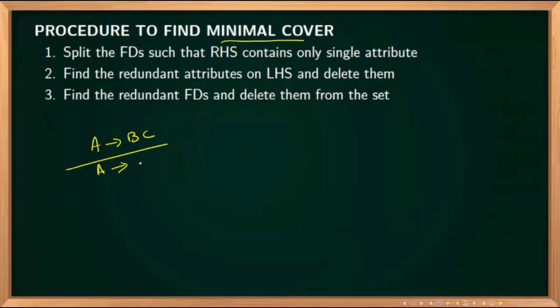I already told you several times last class, you should apply the decomposition rule only on the right side. You will have a big tendency to apply decomposition on the left side. If you apply decomposition on the left side, it will be wrong. Don't do that. So A determines B and A determines C. This is the after effect of applying the decomposition rule. Now to this, if you apply the union rule, what will happen? You will get the original A to BC. Are you getting the point? Type yes. Very good.